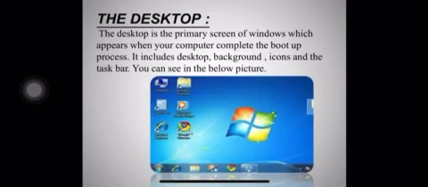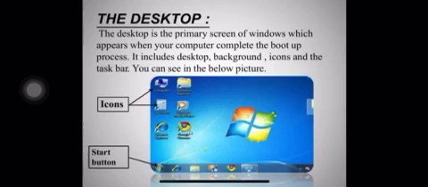Okay, let us learn about icons. As you can see, the arrows towards the left hand side indicate the icons. Then down towards the left hand corner is the start button. Then the bottom line on the desktop of your computer indicates the taskbar.